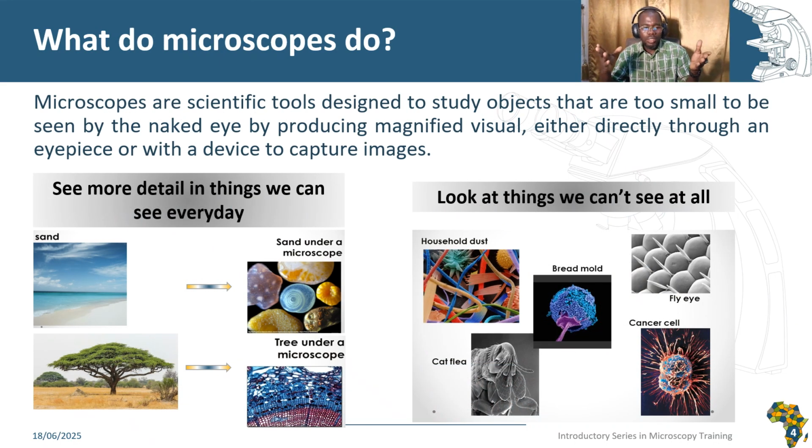What do you do with it? With the microscope, you can observe very small things or objects that are invisible or hard to see with the naked eye. For example, looking at things we cannot see with the naked eye, like household dust, bread mold, the fly eye, cat flea, the cancer cells, under the microscope appear bigger and provide sufficient details